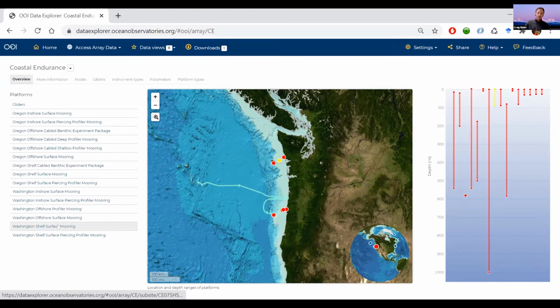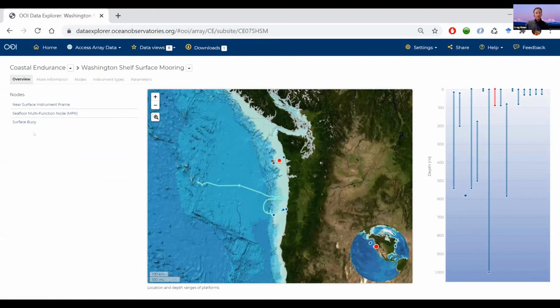So that's highlighted in yellow here because that's got our Met data on it that we're interested in, because I'm interested in the north-south winds to see that reversal. Typically with an upwelling event, you see those equatorward winds driving that upwelling, but then when a reversal occurs, you'll see the winds switch, those north-south winds, to be positive, i.e. poleward. All right, so clicking on that mooring and the surface buoy, which is obviously where our Met package is located,